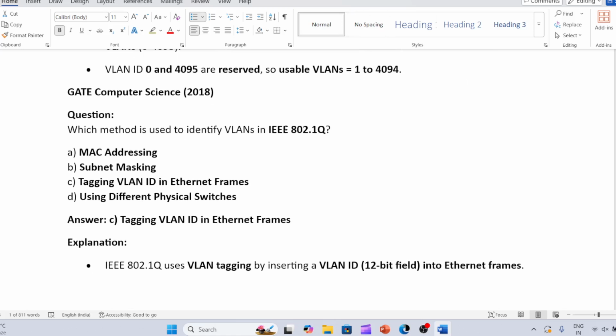Then which method is used to identify the VLAN of 802.1q? आपकी जो VLAN ID रहेगी, so VLAN ID is going to identify this, so the tagging we use VLAN ID, it is going to identify this।